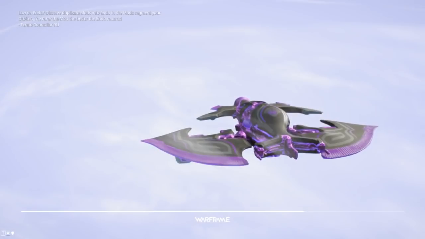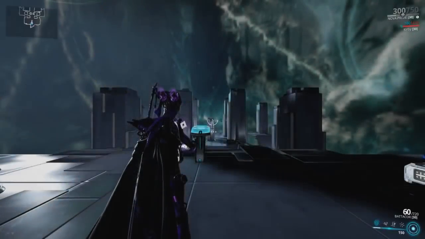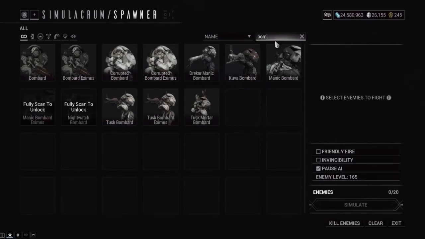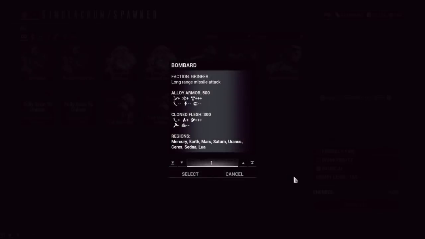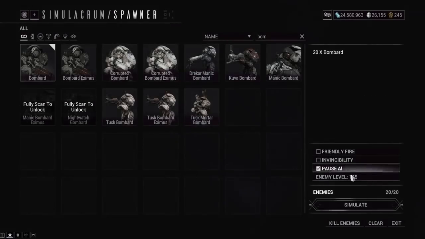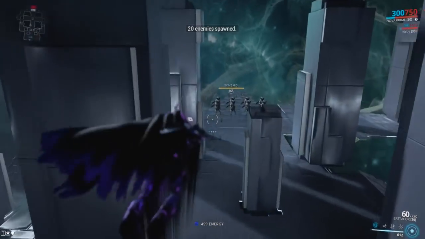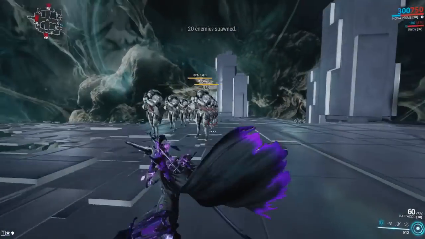Alright, so let's go in here. Let's do some Bombards, just to make the thing look better than it actually is. Because Bombards, if you didn't know, have a ton of armor, and they're not really as much health. So we'll do some normal Bombards. Not exactly like the beefiest target. We'll pause the AI too, because we're little babies. Alright, so let's give it a...